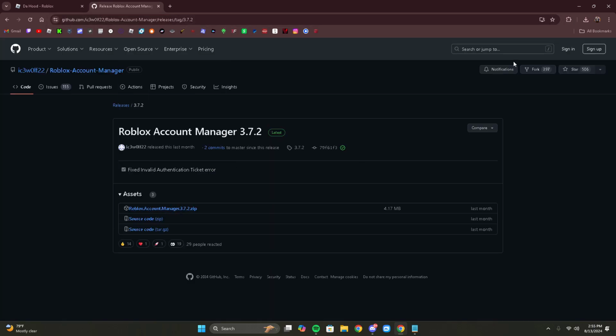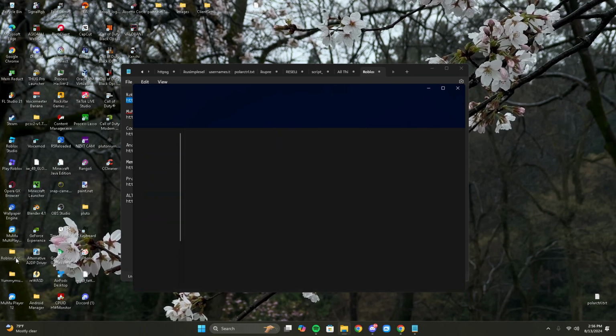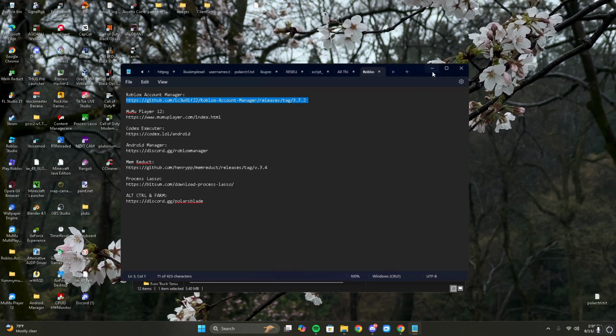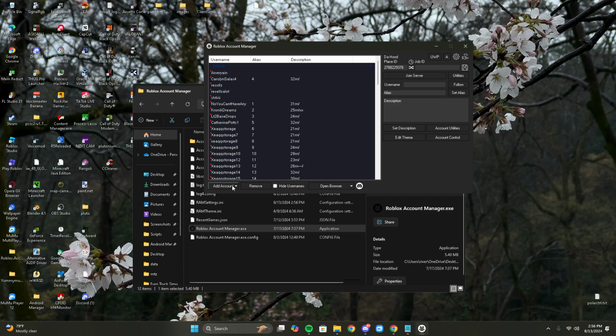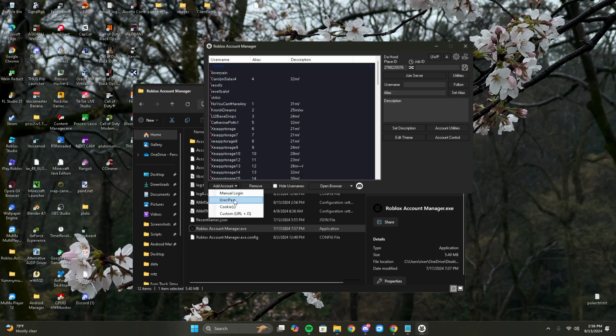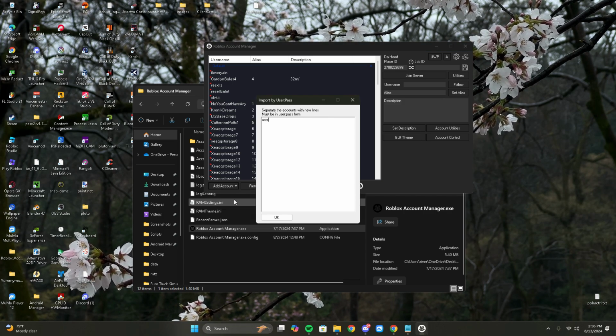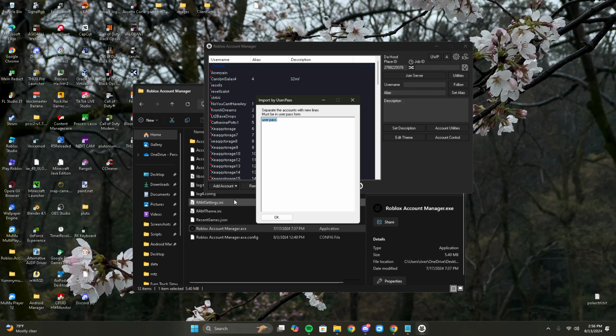Download it, extract the file. Roblox account manager provides a lot of good use as you can use it to quick sign into the accounts and other options you can explore. Now we're gonna add our accounts here. User pass combination, and we'll just add all of our accounts in this format,